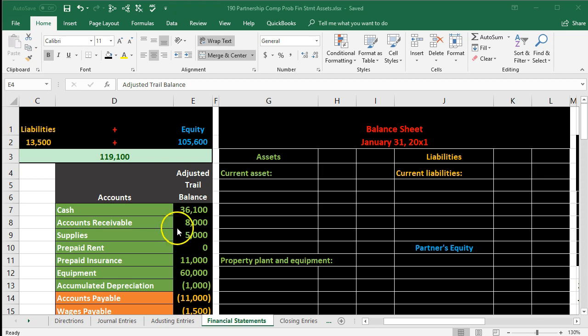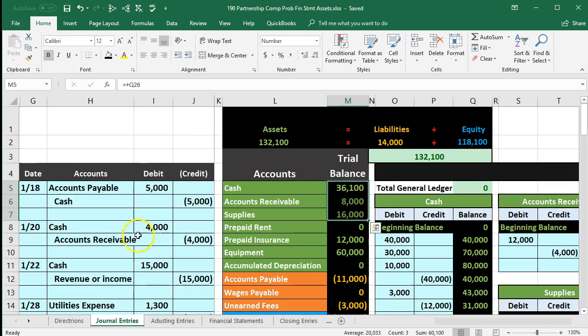How did we get that? We started with the Journal Entries tab. I'm going to click on the Journal Entries tab. We entered all of our normal journal entries in the general journal, creating the general ledger and the trial balance. Notice it just says trial balance. They're all just really trial balance. It's the names of unadjusted, adjusted, post-closing, whatever. They're all just names of a trial balance, really indicating what the time period is that the trial balance is